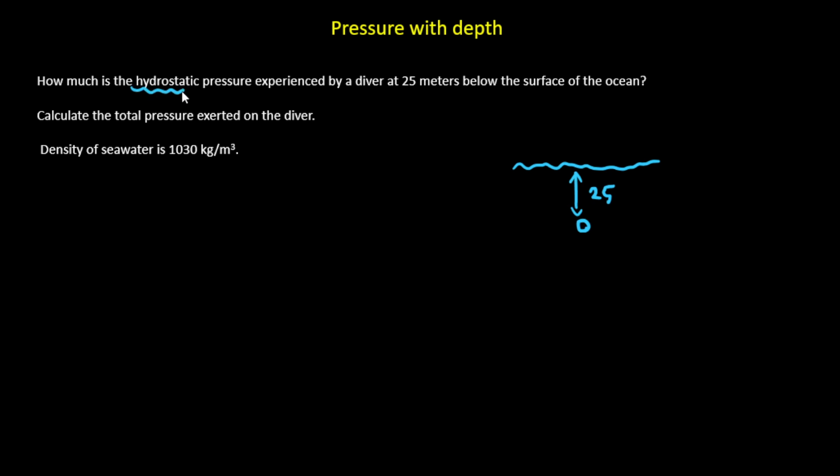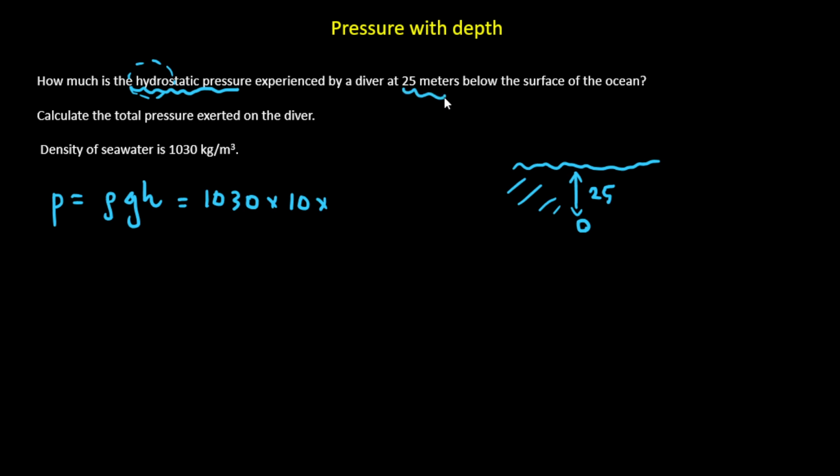Hydrostatic pressure means the pressure exerted by the water, so hydro is your keyword. This shouldn't be very difficult to figure out. P equals rho g h. The density of the sea water is 1030, g is 10, h is 25 meters. Put that into the calculator and you will get